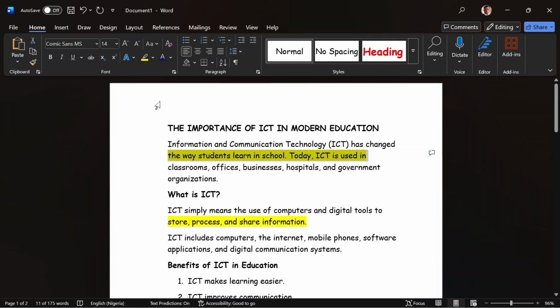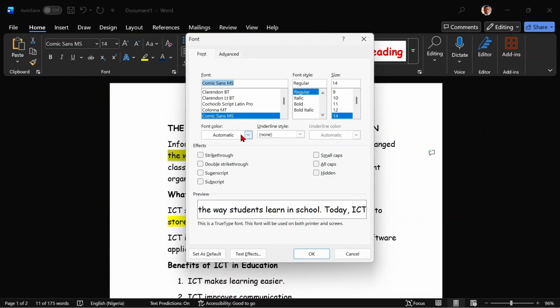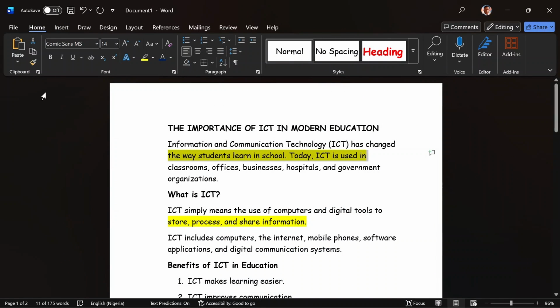It just colors the white space behind the text. So we have drop downs. I think these are for other features. There are more features. If you click on this drop down, you see there's double strike through, there's hidden, there's all caps, there's small caps. Here you can even see advanced settings and other stuff. Here you can set what you want to be your default text effects and other stuff. This is when you want to go deeper. Maybe you have not seen everything you want in this font,